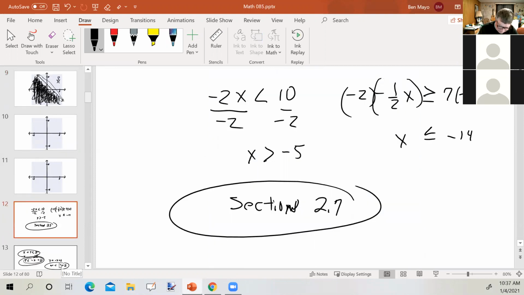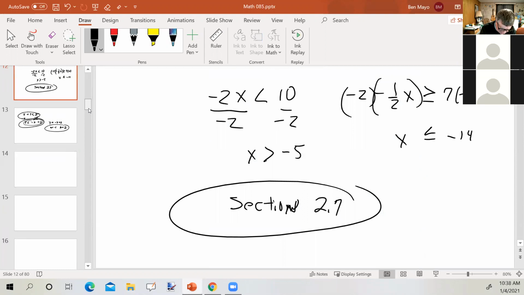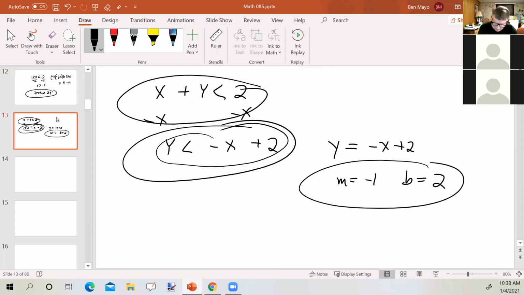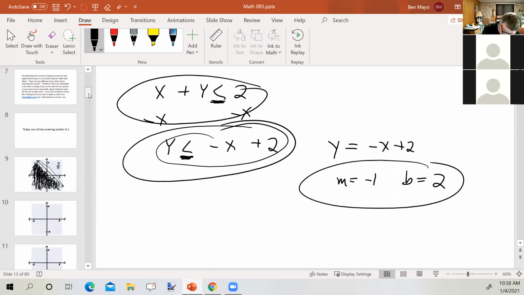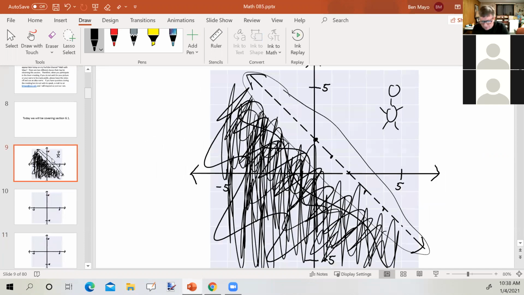All right, we're going to go back to the same situation here. Let me find it. Okay, and let's make a slight change in the problem. Let's say that it's this originally, which means it would now be that. So x plus y less than or equal to 2, y less than or equal to negative x plus 2. We would still have the same line establishing the boundary, only now y is less than or equal to. So how does that affect our answer? Well, now